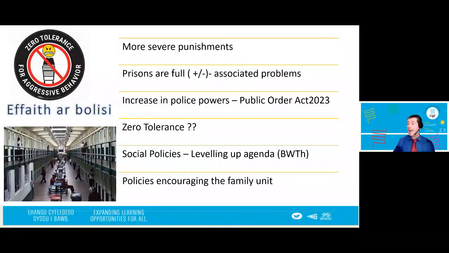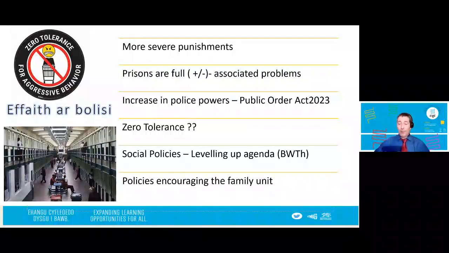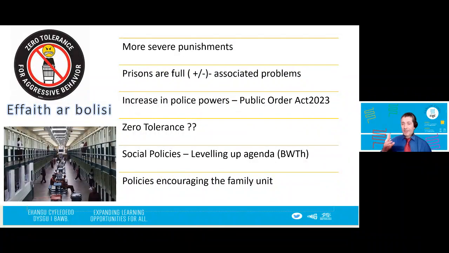Now of course their influence on crime policy is massive, because the right have been in power in Britain and in America and other countries for quite some time. So what you have seen, of course, is more severe punishments. And at the start of January, I think, 2023, there were 90,000 people in jail. So that is more severe punishments that put a lot of strain on the system, but that's for another time. Prisons are full, and